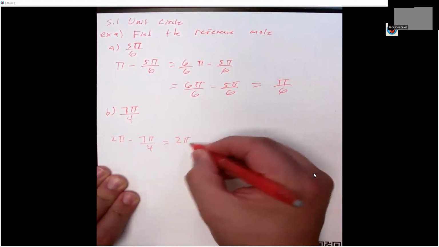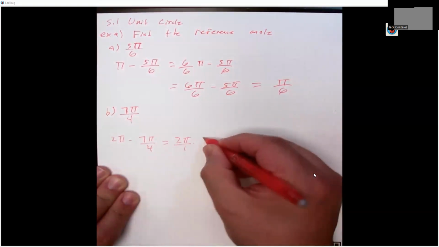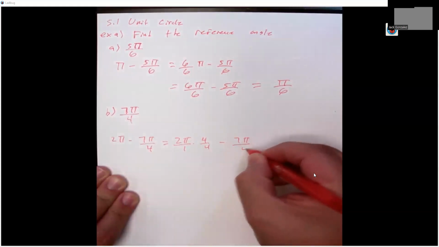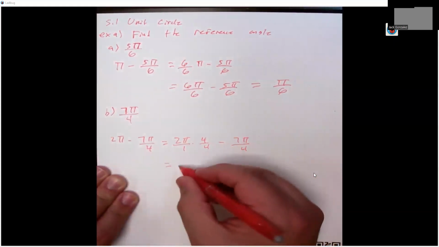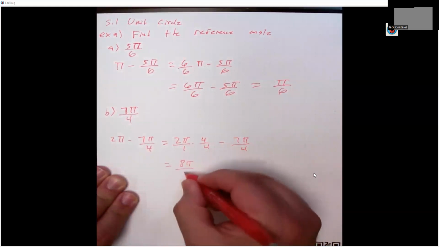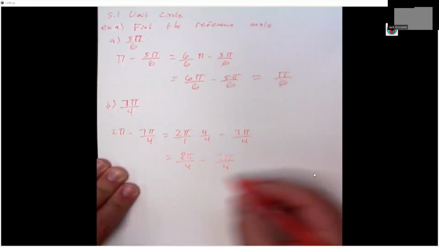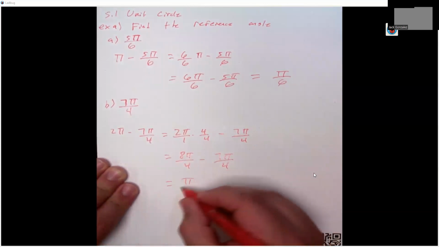So 2 pi needs that common denominator. That'll give me 8 pi over 4 minus 7 pi over 4, which should be 45 degrees, right? If you look at that circle,